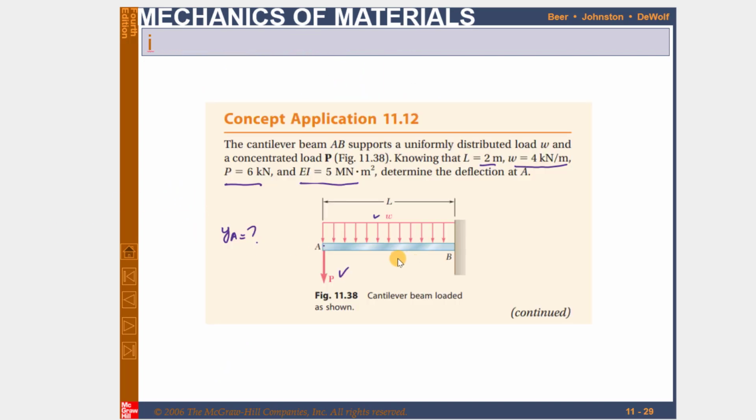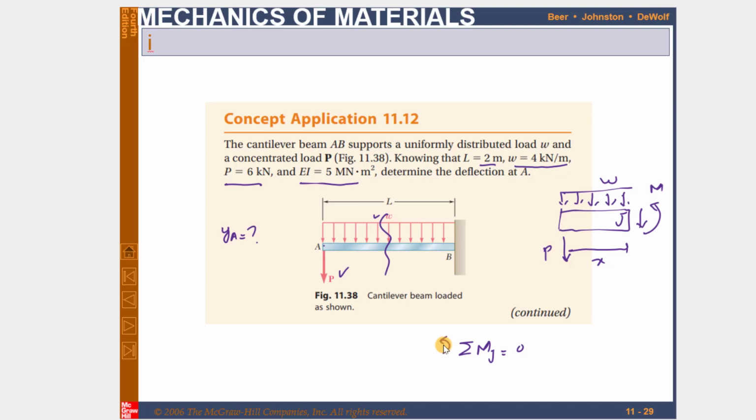So again, for this beam, the moment can be found if you take a section at any point. Let this be the point P. This is distance x and this is the distributed load W. There will be a shear force and a moment M. We are interested in the moment, so let this point be J. Sum of all moments about J is equal to 0, keeping counterclockwise as positive. You can see at this point J there is a moment M, that is counterclockwise, so it is positive.